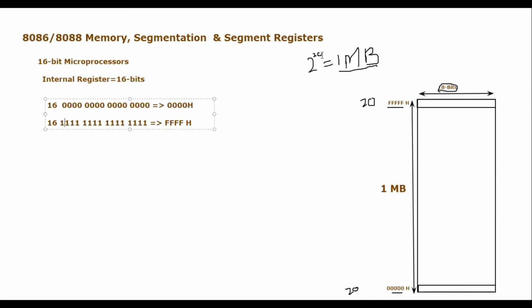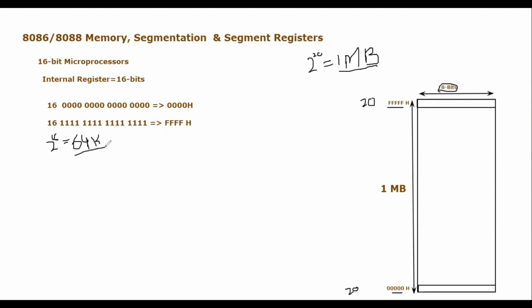Okay, one more thing. We can actually calculate the maximum size of memory which can be attached, because there are 16 bits involved. So we can do the same sum, 2 raised to 16, and it will become equal to what? 64 kilo. To be exact, it will be around 65,536, but I am taking in terms of kilos and megas, so this is becoming equal to 64K.